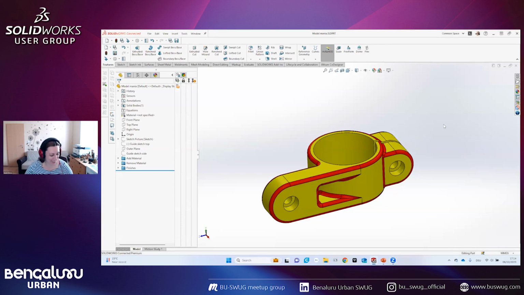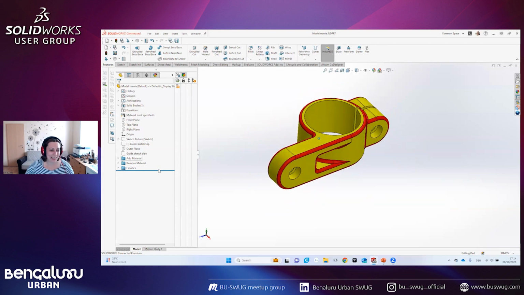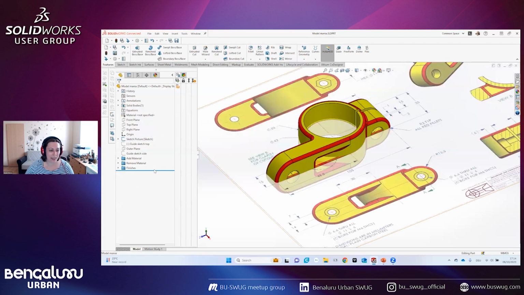Yes, we do. Okay, you see SolidWorks, and that's the model from Model Mania. Okay, now in the first sketch, I have placed the sketch picture,